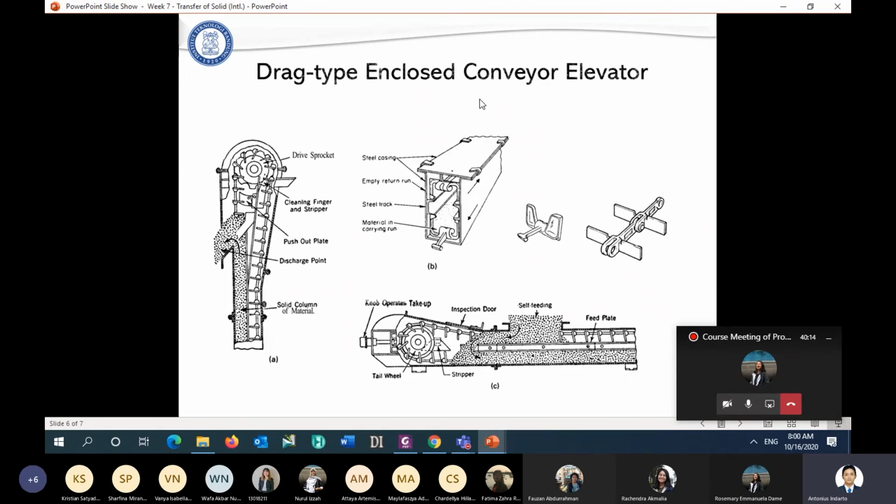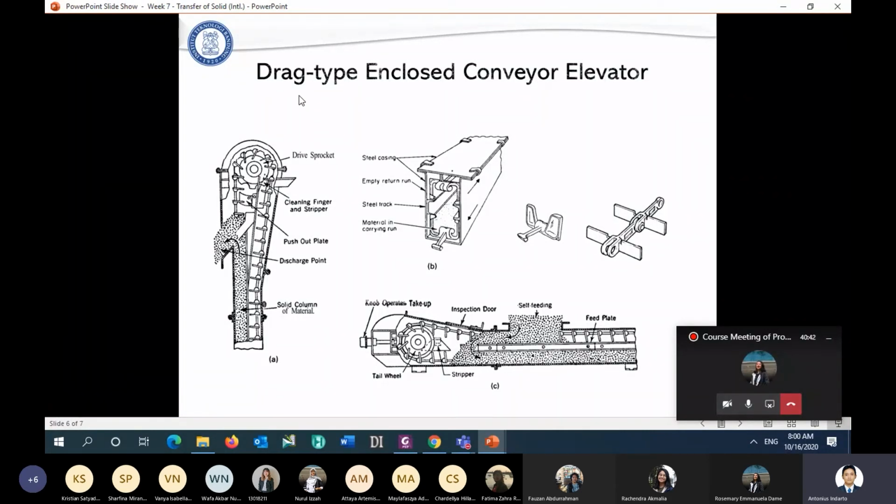In this drag type conveyor, we use a kind of plate in here, like this one. This plate will move or push the solid particle from the back side to the front side.